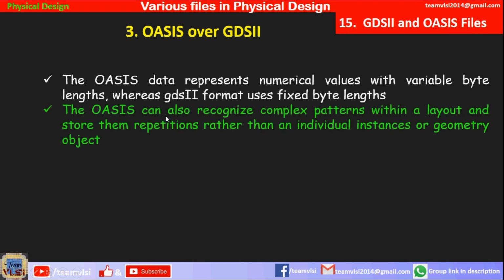OASIS can also recognize complex patterns within the layout and store them as repetitions rather than individual instances or geometry objects as GDS2 files do. This creates far less data, which shrinks the data size.